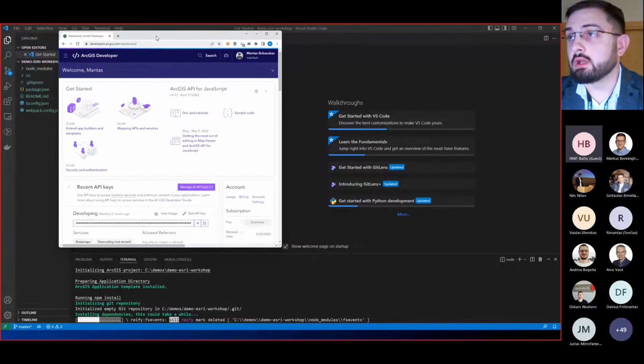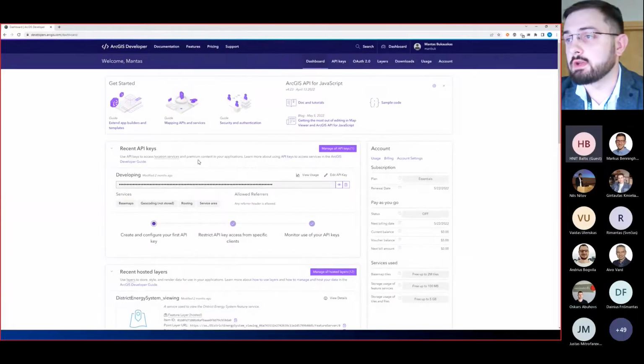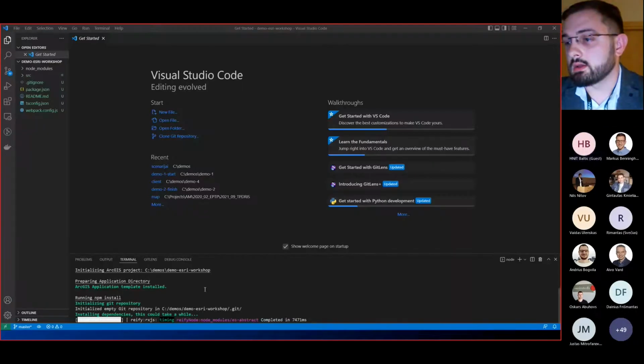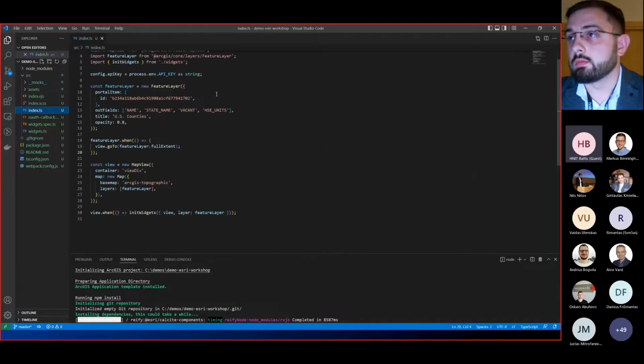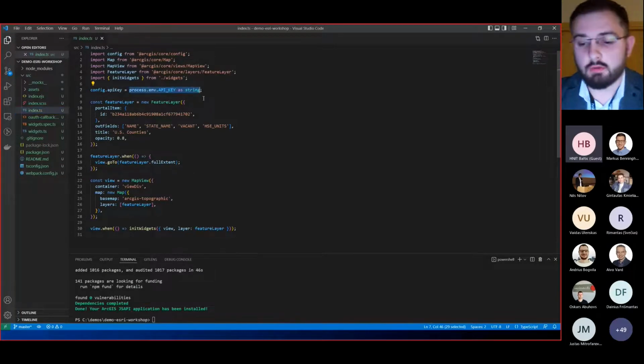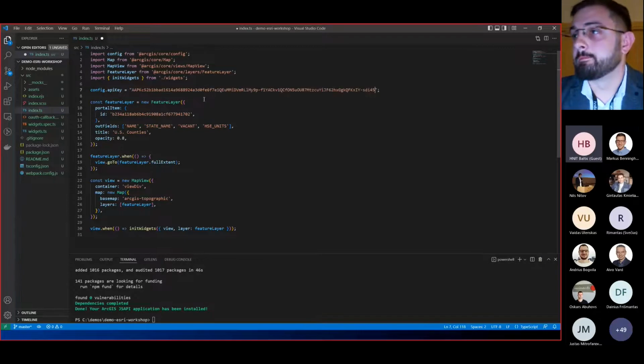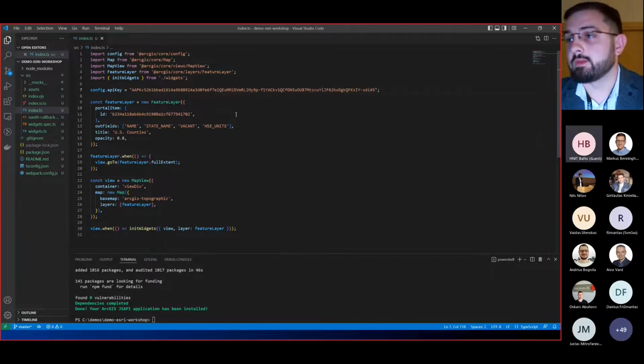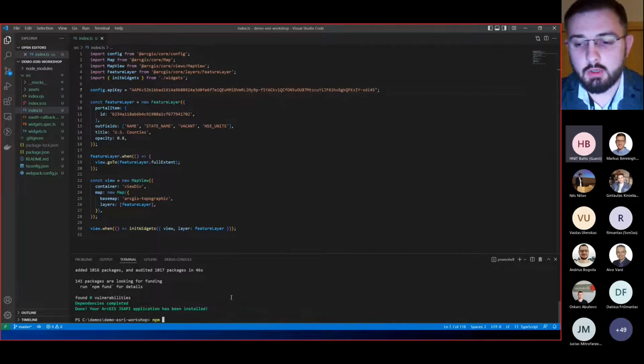So I have opened my developer's dashboard and I just generated my API key. I have to copy it and, okay, it's still installing, and I will add it to my configuration. So it's an S3 config file. It has an API key property, and we will set that property to our API key. We save it. And now to run our application, we can use the npm run